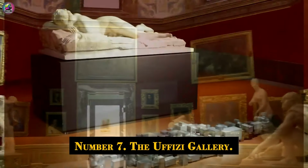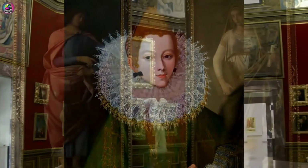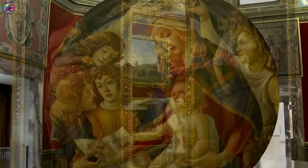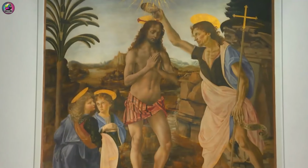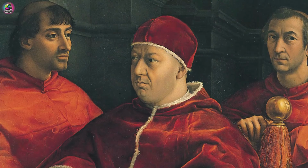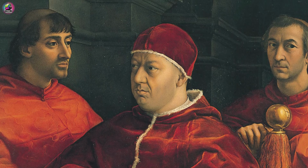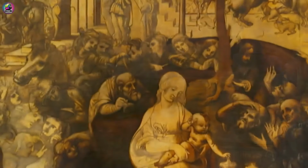Number 7, the Uffizi Gallery. Now let's travel north to Florence, the birthplace of the Renaissance. Here we find the Uffizi Gallery, one of the oldest and most famous art museums in the world. Founded by the Medici family in the 16th century, the Uffizi houses an extensive collection of Renaissance paintings by Italian